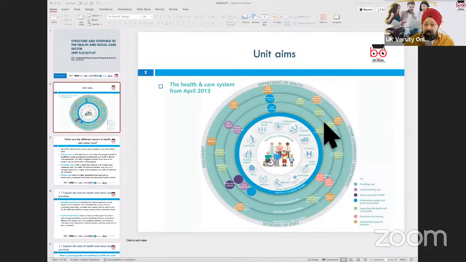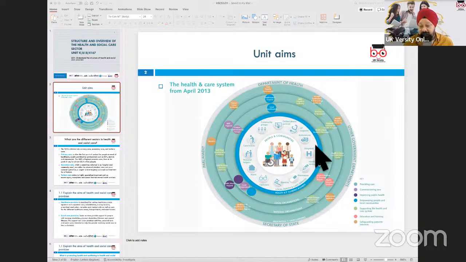These groups are NHR and NIHR, for example, the National Institute of Clinical and Research Studies, and some of the other agencies which are involved in training and education of the staff within the NHS. They form the third circle. After that, you have the core services, which get funding from all these agencies, where policies, procedures, acts and legislation are all